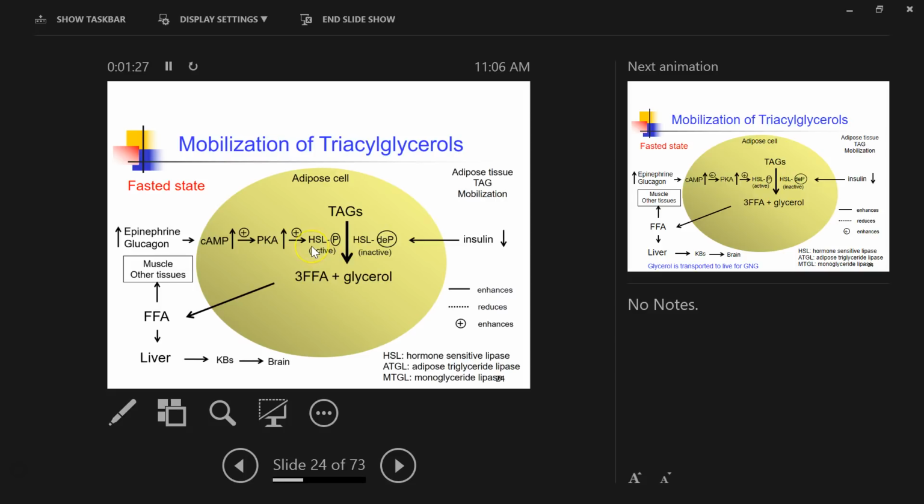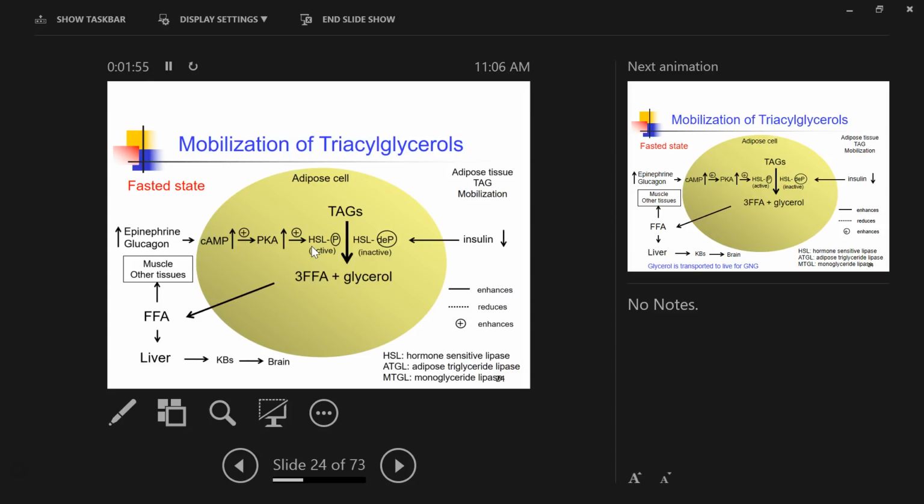And HSL is produced inside of cells. It's different from the LPL, right? LPL and HSL basically catalyze the same reaction, hydrolyze triglyceride,